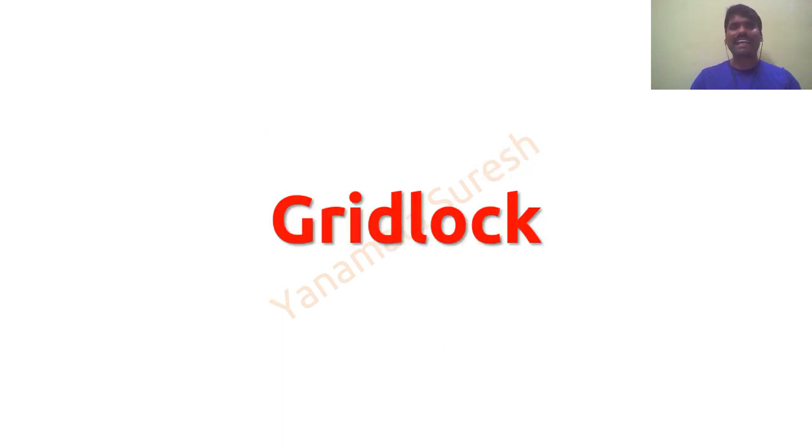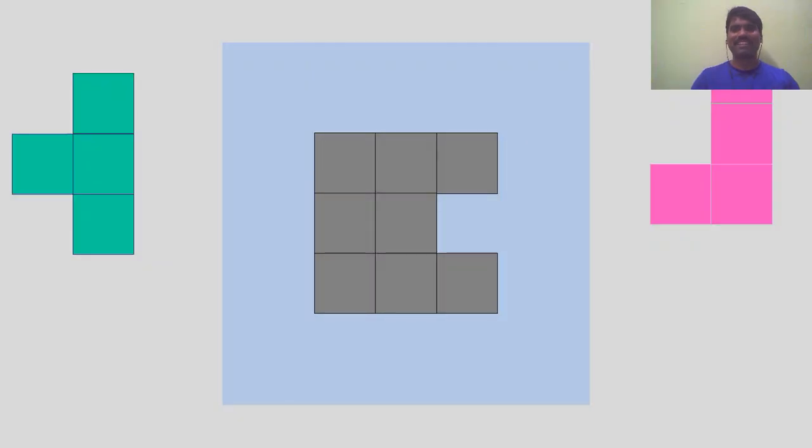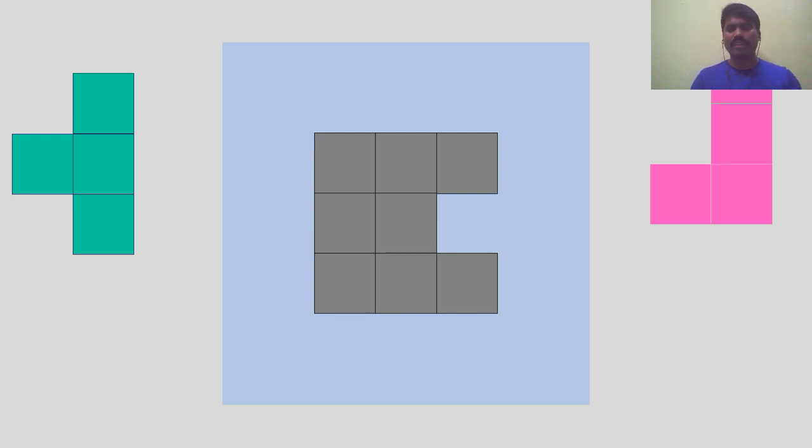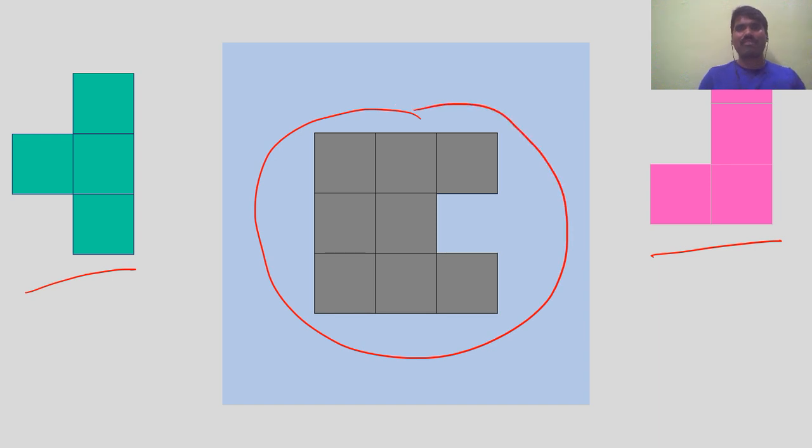Gridlock. Okay, what exactly are gridlocks? Now look here. If you can remember your childhood days, they would give a matrix. It might be a 3 by 3 matrix, or a 2 by 4 matrix, or a 3 by 2 matrix, something like that. So what you have to do is place this one grid and this grid in a suitable position. Okay, sir, wherever I can place it? Yes, wherever you want you can place it, but make sure that it completes the box, the shaded one, whatever they have given.